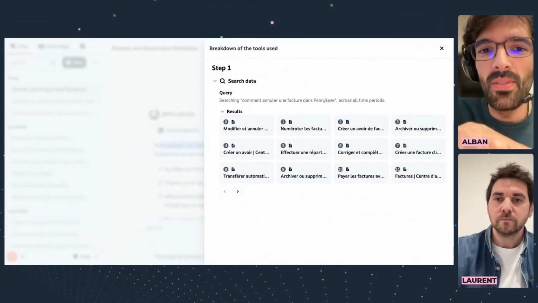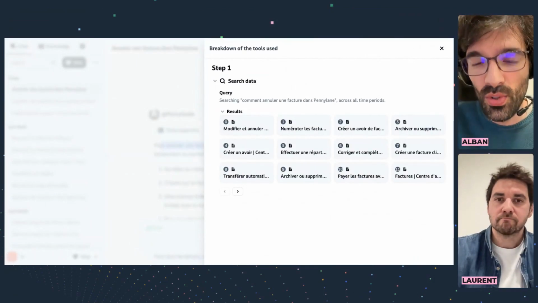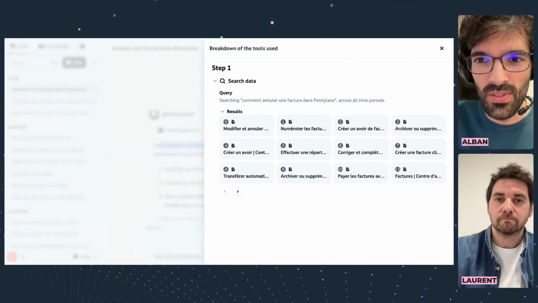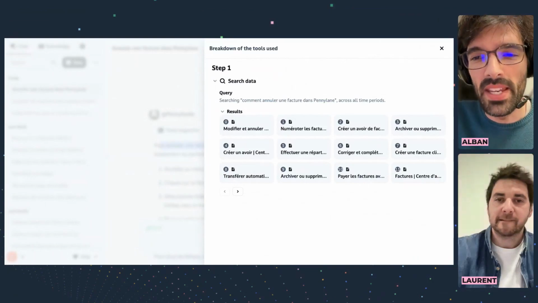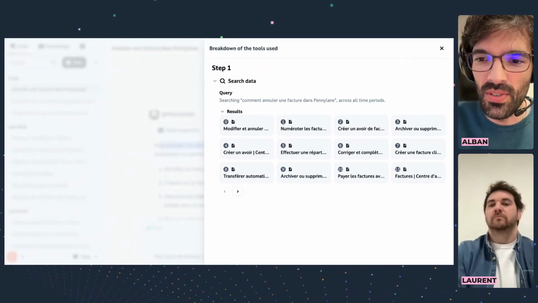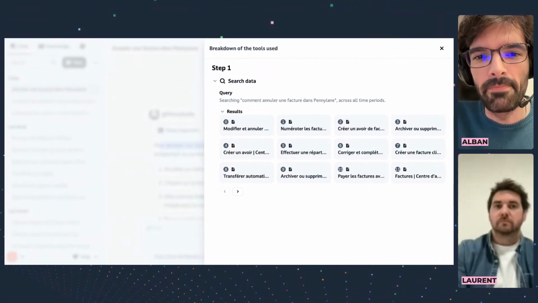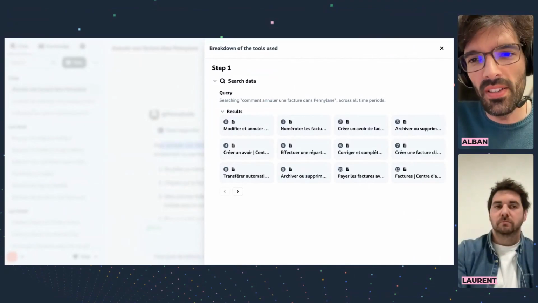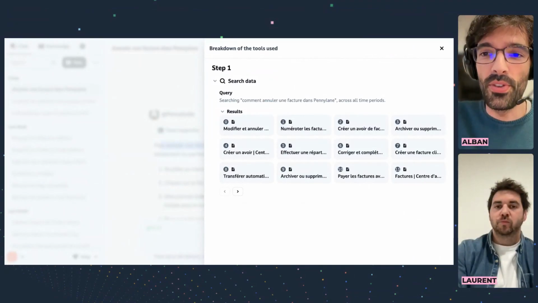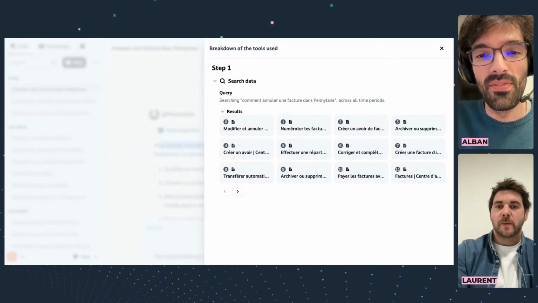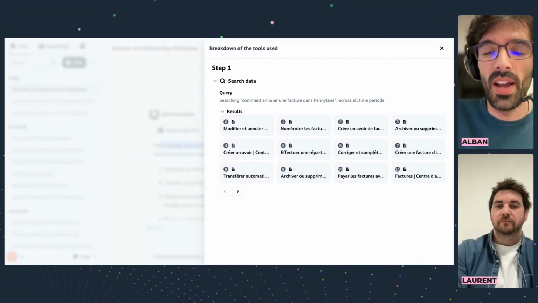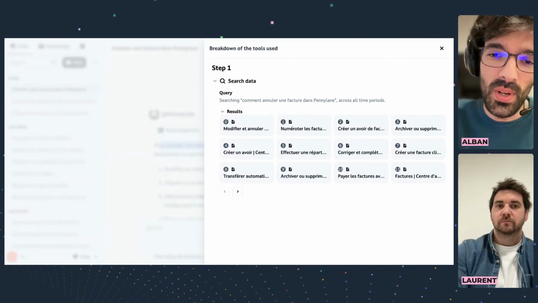So basically, when you use the search tool, it's doing a semantic search. So it's doing a search for meaning. It's not going to search for keywords. It's going to search for meaning. And so it's going to find a bunch of different things. We pull 32 chunks of documents from your data that you added to your assistants. So that's why we